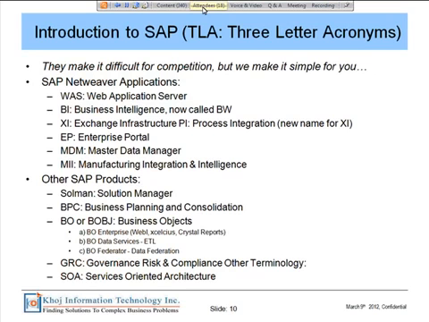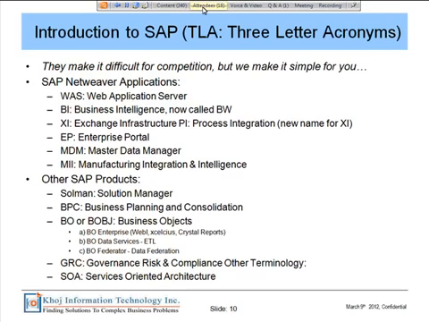It's got Enterprise Portal capabilities, Master Data Management, Manufacturing Integration and Intelligence. That means this framework has got a lot of these capabilities, and different products use one or more of those capabilities. But the NetWeaver engine is what we're going to focus on, because if we understand that right, then we can participate in a number of different types of projects.